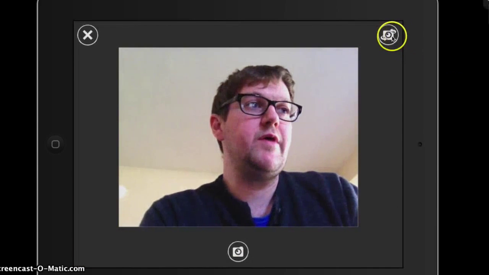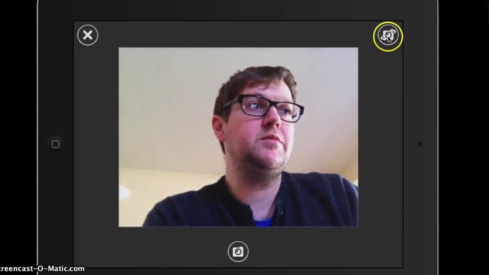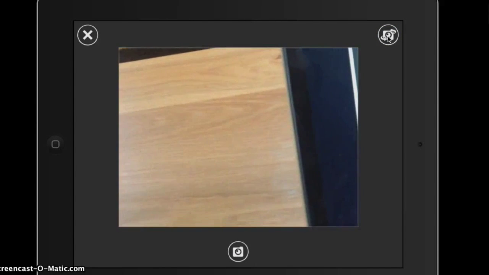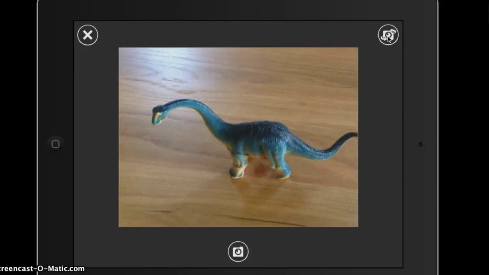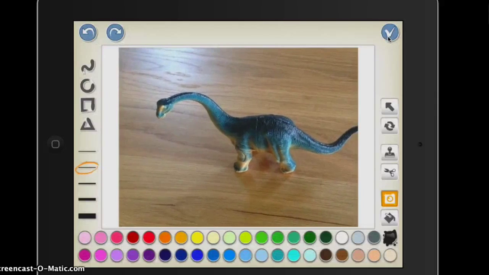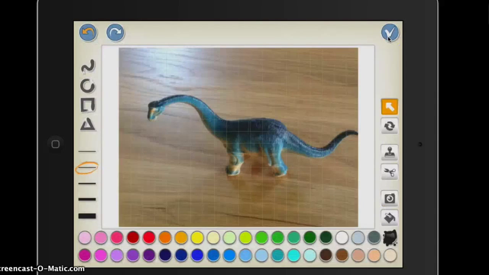To flip it the other way around, if you remember from last time, just the little button in the top right hand corner. I'm going to take a picture of the second dinosaur from scene 2. Happy with that image, so just press the tick in the top right hand corner